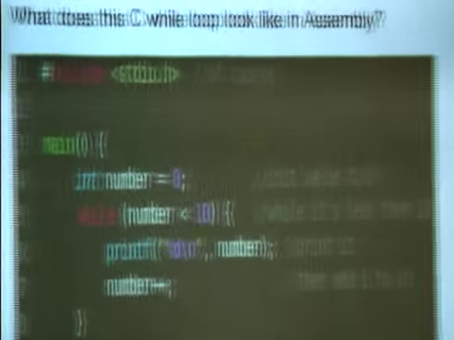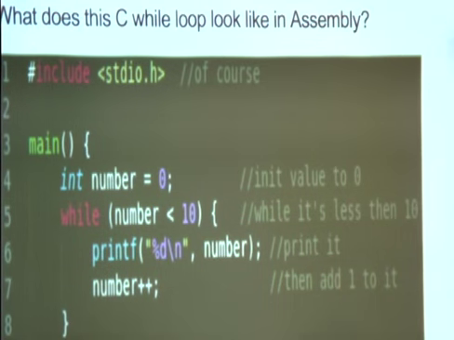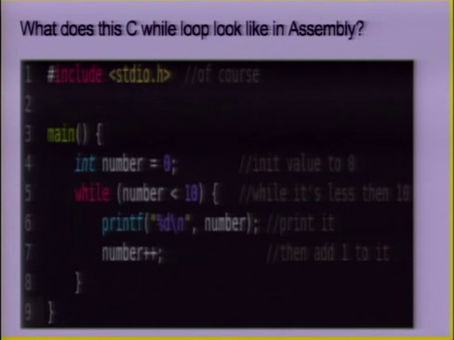So here's kind of an example. I want to know how a compiler thinks to do a while loop in assembly. So this C code is just initializing a variable, saying while that variable is less than 10, print it out, increment it, and when it's no longer less than 10, the program's done. So how would that look in assembly? I compiled it,